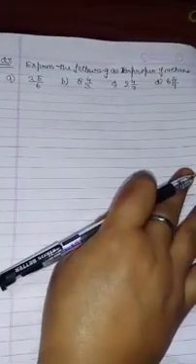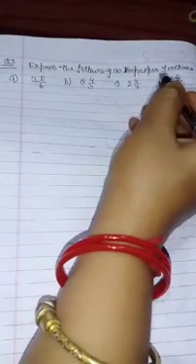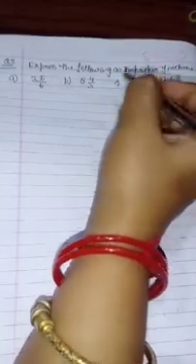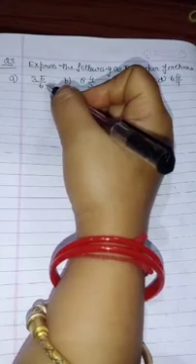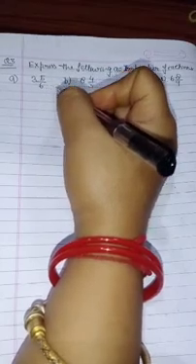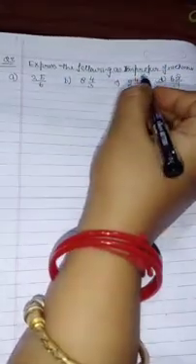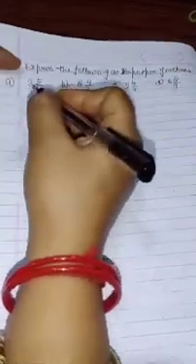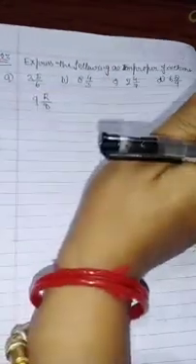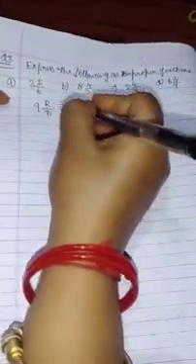Now see, express the following as improper fractions. Just now you have learned how to convert an improper fraction into a mixed fraction. You are given an improper fraction and you have to convert it into a mixed fraction. You can see that it is quotient, remainder upon divisor. In this way the mixed fraction becomes, it is the mixed fraction formula.